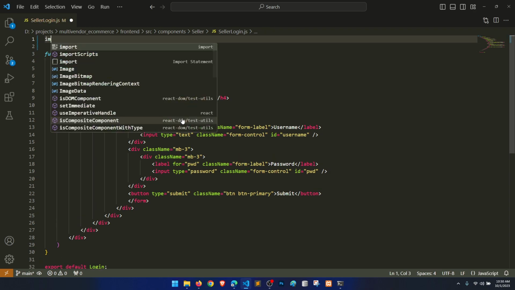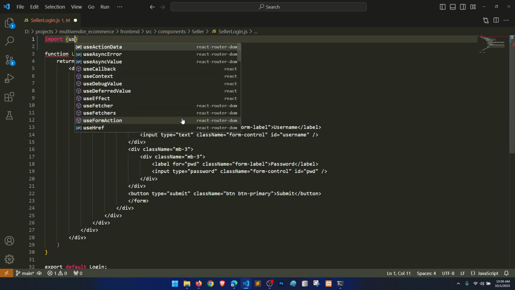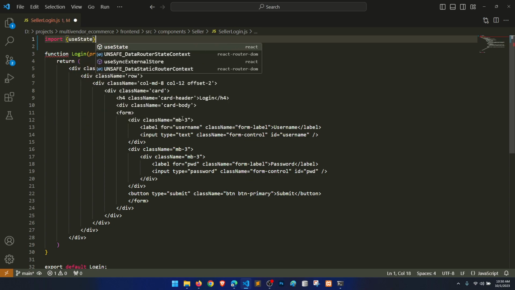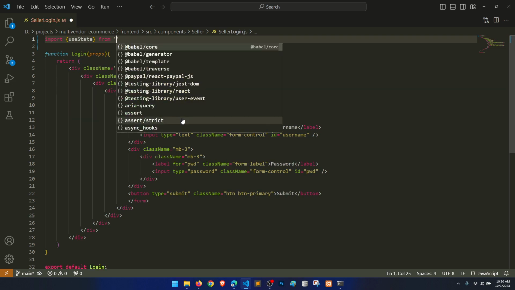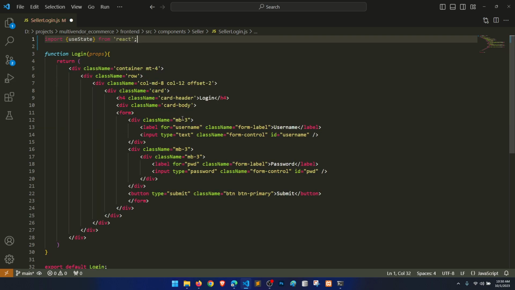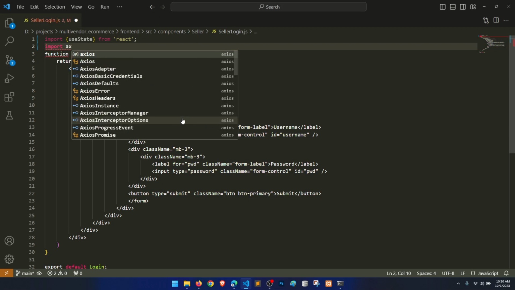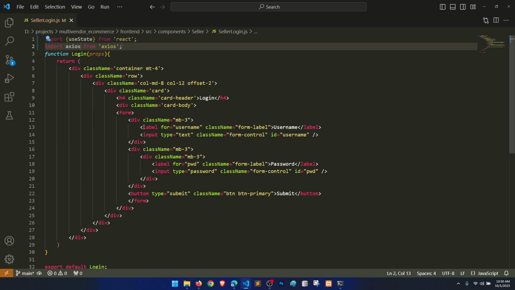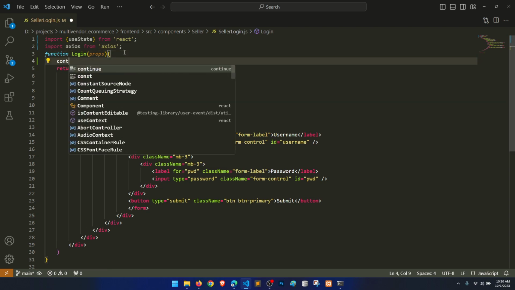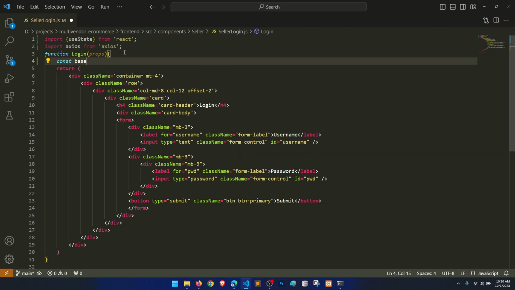First of all, import useState from React, and then import Axios from Axios. And then let's say constant base URL equal to